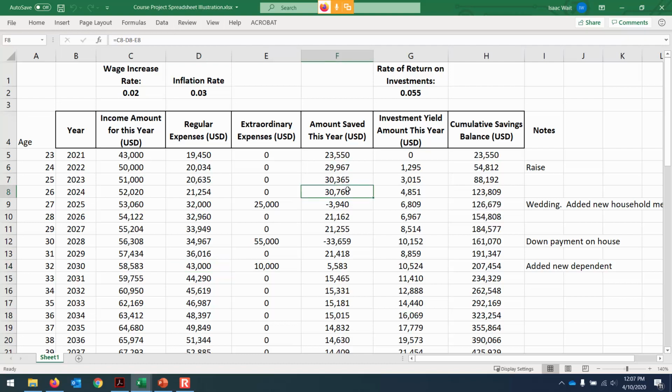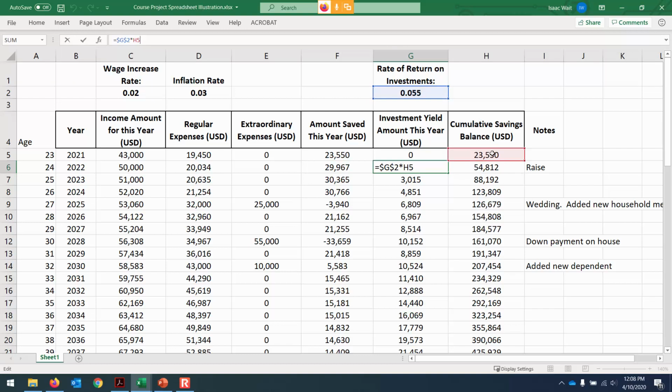And you'll notice that the amount that's saved sometimes goes negative. In the year of the wedding, you're actually drawing down some of your previous savings, so you have a negative amount saved. Luckily for you, the return on investments was positive. Now, 5.5% is maybe a pretty conservative estimate for what the stock market returns over the long term. And so the amount that is this investment yield is the previous year's savings balance multiplied by the rate of